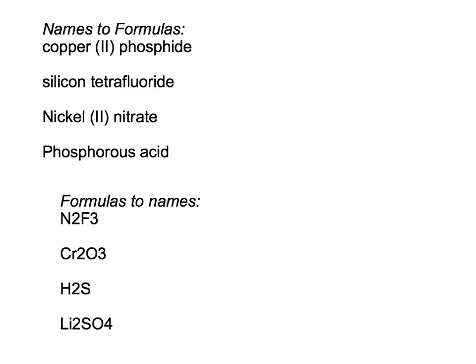Okay, this is a little chance for you to do a little practice. So if you look here at the top, we've got 4 names. Turn them into formulas. And at the bottom, there's 4 formulas. Turn them into names. These numbers should really be subscripts, but the program doesn't like subscripts, so that's what they should be though. So what I would do is go ahead and pause this and